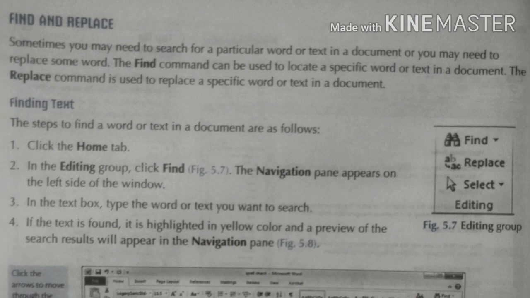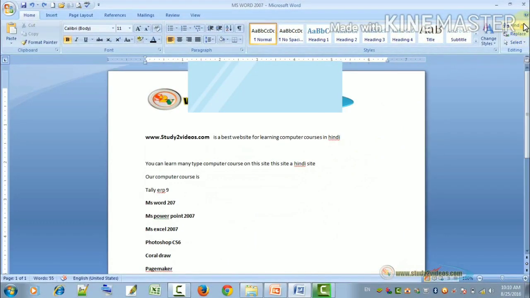replace option. Now this option is used when you have typed a long paragraph and then you have written a word. In your book also you can see page number 86. There one figure is given, figure 5.8. When you see here, "located" is written several times. If you want to change this word into another word, you can use this find and replace option. So let's see how you can do it.